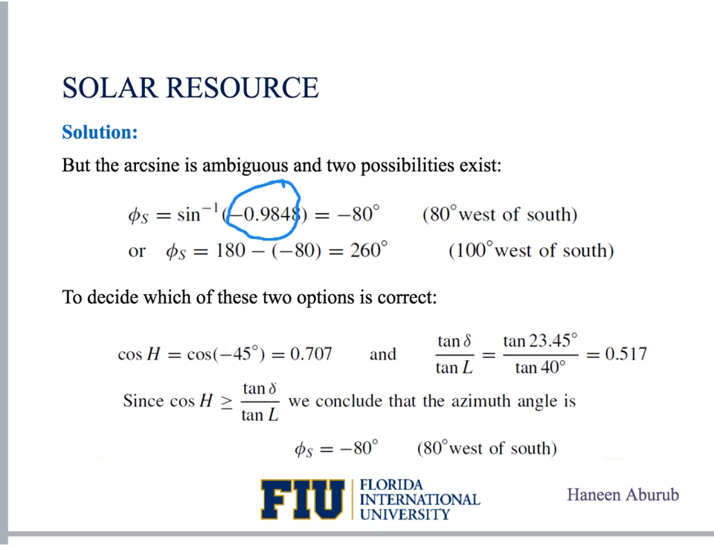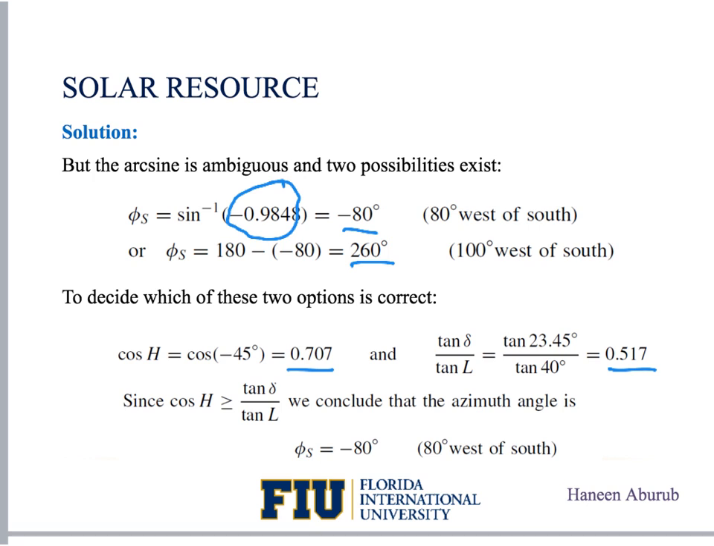Now the sine inverse will give us minus 80 degrees, and also we have another option, which is 180 minus the sine inverse value, which will give us 260 degrees. So which one to choose? We need to use the test that we talked about, the hour angle test. First we take the cosine of the hour angle, which is cosine of minus 45, which will give us 0.707. Then we take tan delta over tan L, which is tan 23.45 degrees over tan 40, and this will give me